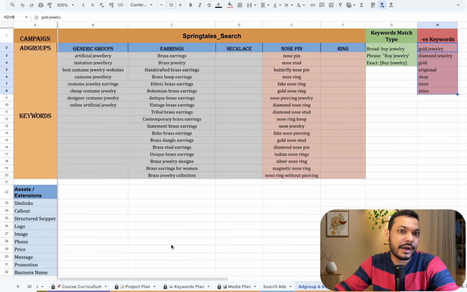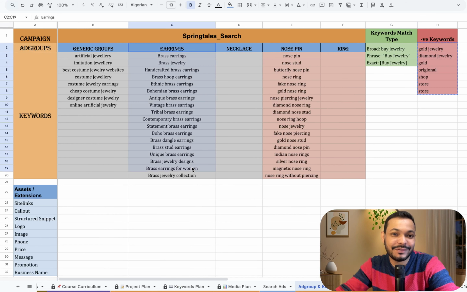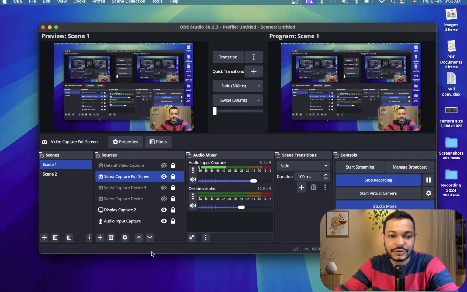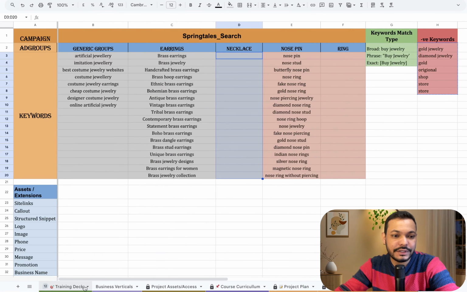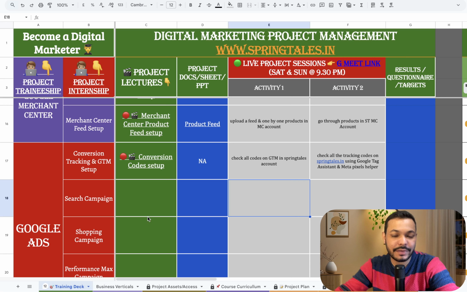In fact, we have to add groups as well in this campaign. We have to add earrings group. We have to add necklace group in the campaign. It's going to take a while. So rather than doing all of these tasks by myself, I'll be assigning these tasks to a member or the trainee of the project. So activity, what I want people who are at least members of this project is to, first, I want you